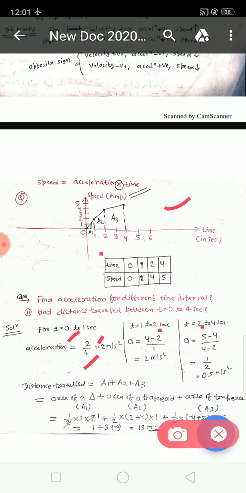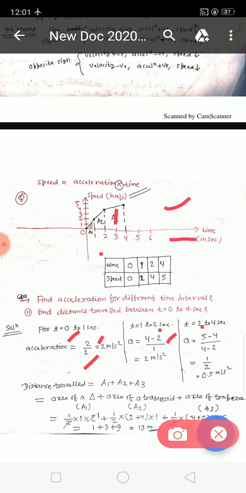The thing you should keep in mind is that you should see the change in the perpendicular length, not the value from the x-axis. You have to see the final value at t equal to 2 second and what was the value at t equal to 1 second. Only this difference will be the perpendicular length. That's why I have written 4 minus 2: 4 is the final perpendicular value at t equal to 2 second and 2 was the value at t equal to 1 second. To find the slope, you need to see the change in the perpendicular length divided by the change in the base length.